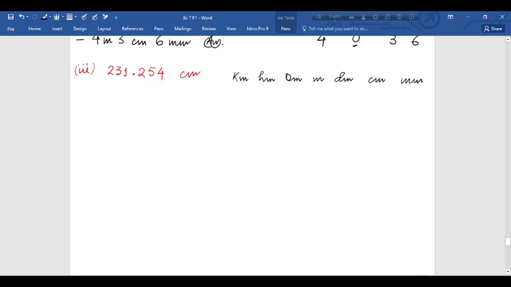Now in centimeter you have to write this 1 and 3, 2, and this 0.254 would be at the millimeter position. That means this quantity is 2 meter, 3 decimeter, 1 centimeter and